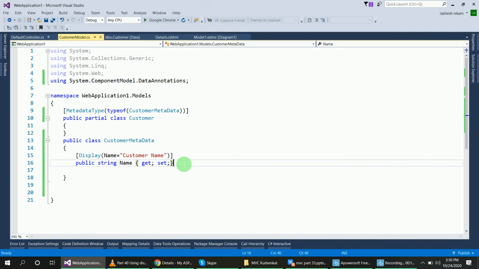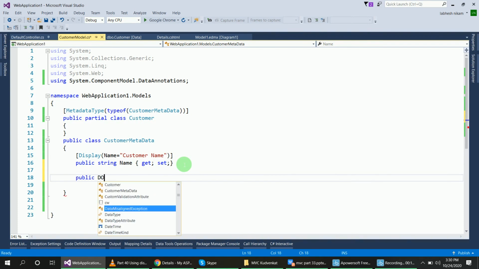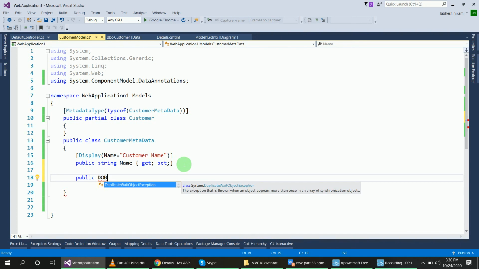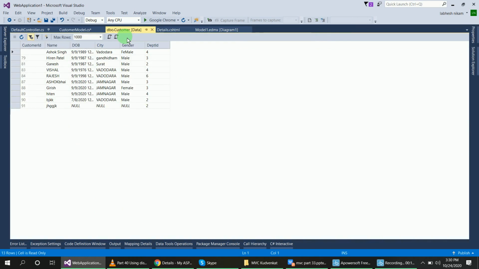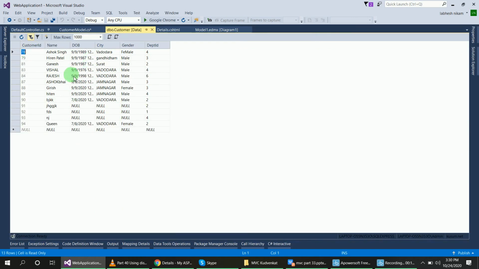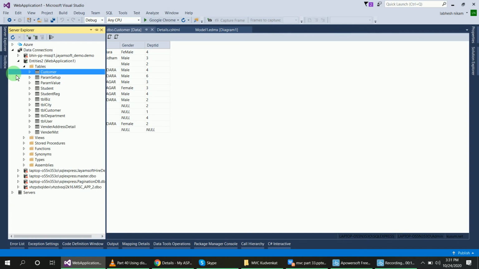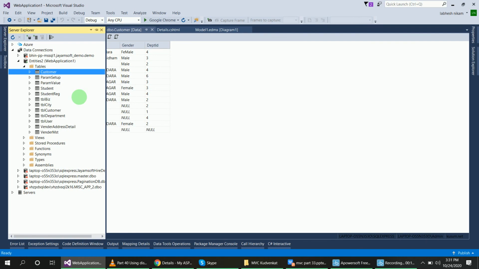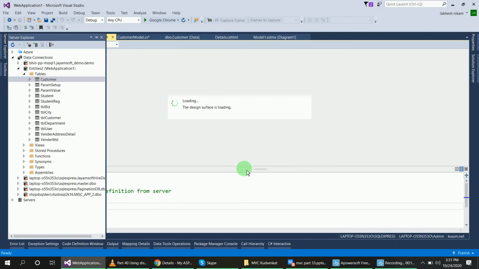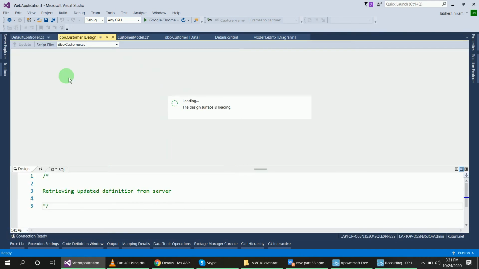I will add this property, public date of birth, for dob. What type does the date of birth property have? If you want to check, you can open the table definition and check the type of date of birth. In my opinion it is DateTime.